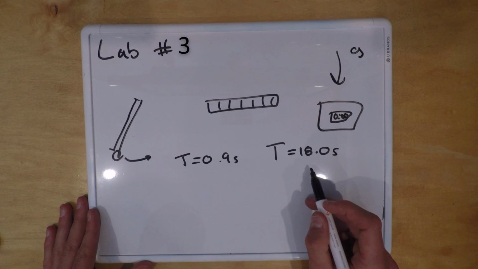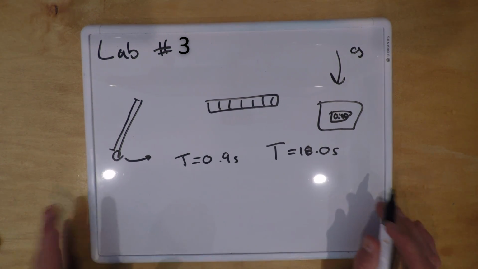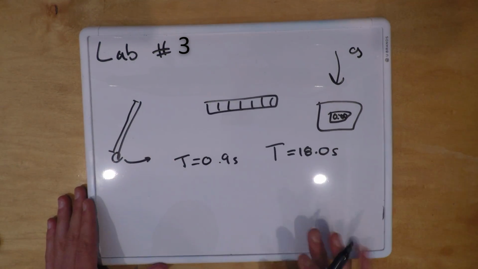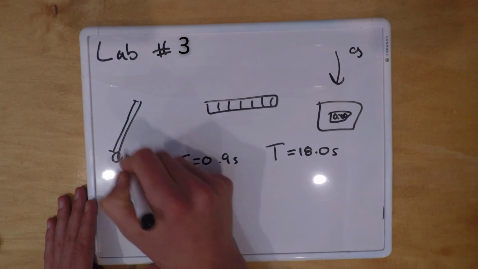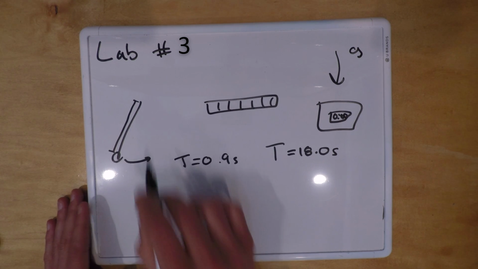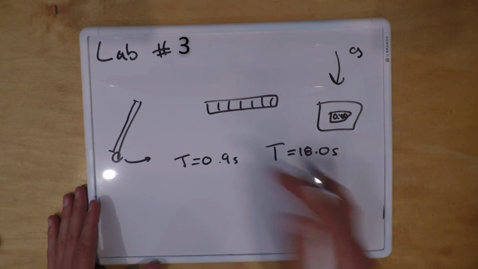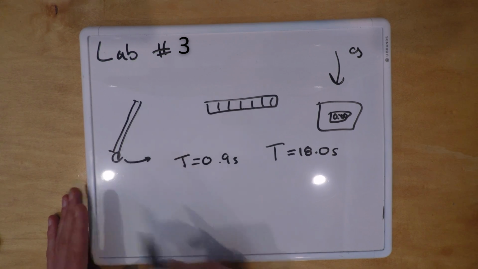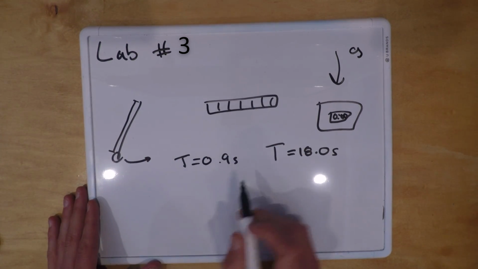But this isn't the only target we had. We had a bunch of periods that we had to get, and you'll see the data later. I hope this all makes sense, that basically we're just measuring the length of this pendulum to derive the acceleration of gravity, and we'll get to all that later. Also, it's good to mention that the mass on the end of the string has no impact on the period